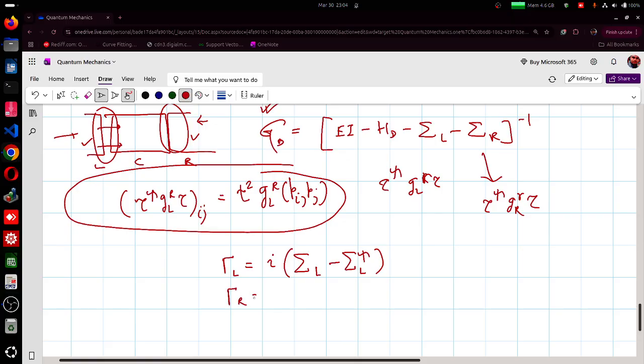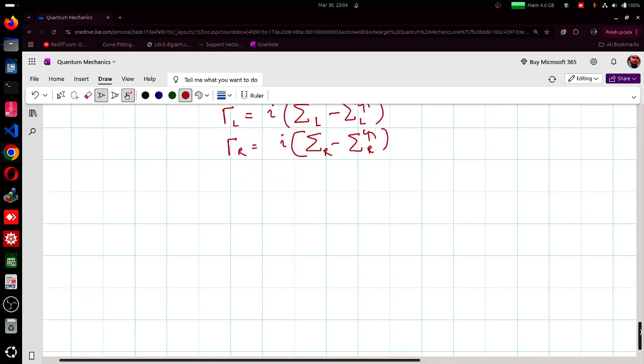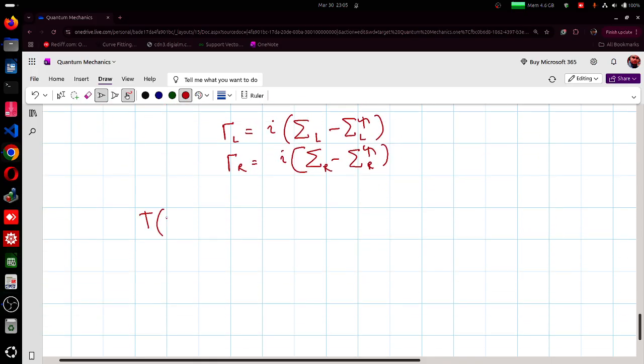Also the right broadening matrix, gamma R, from sigma R minus sigma R dagger, and you will be able to write the transmission function to be equal to trace of gamma L GT dagger gamma R GT. Now once you have calculated this transmission function,